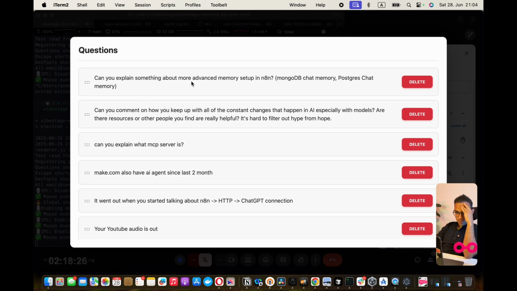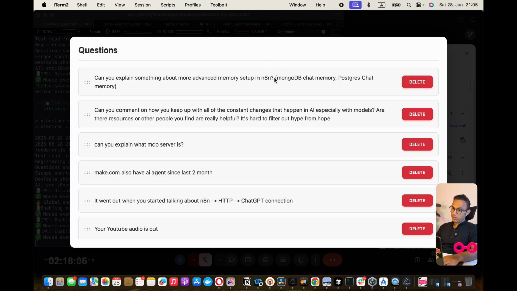Can you explain something about more advanced memory setup in n8n, like MongoDB chat? I think it's a bit off the scope of this masterclass if I have to show it, but I can explain it a little bit in words.